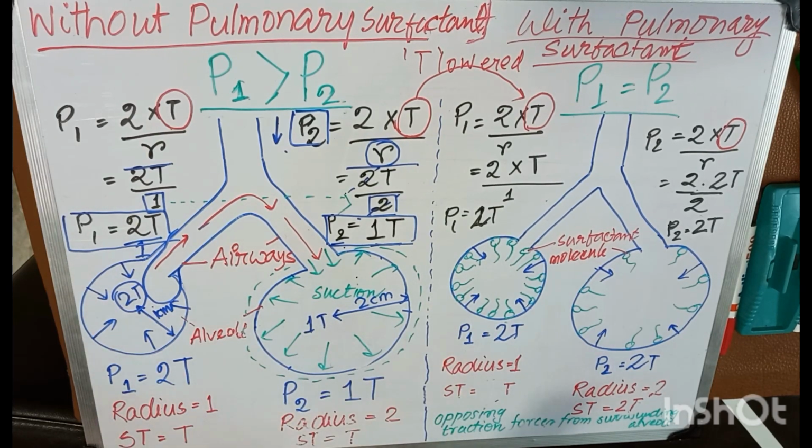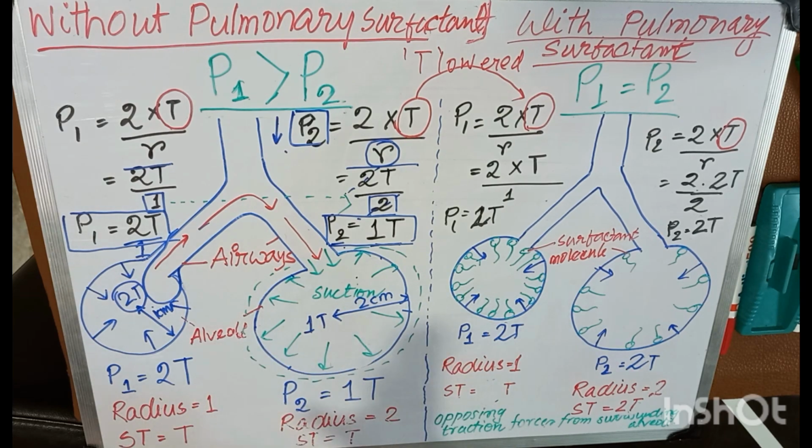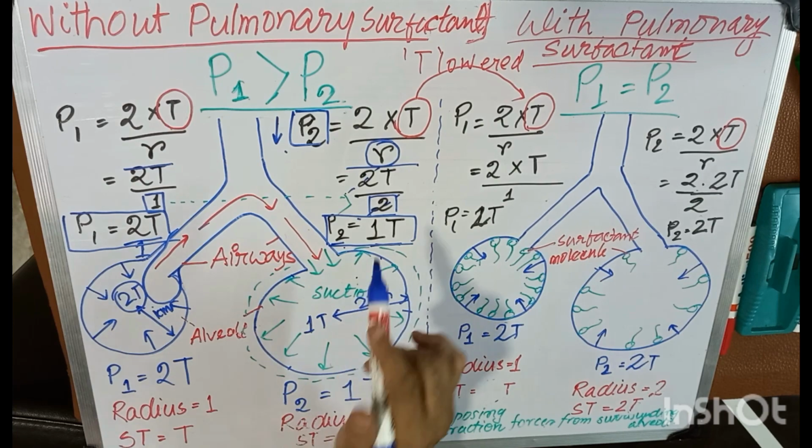Ultimately the whole lung volume will have a single alveolus within it, and it will not be helpful for our diffusion processes, because the surface area is very important. So somehow I have to tackle this surface tension,